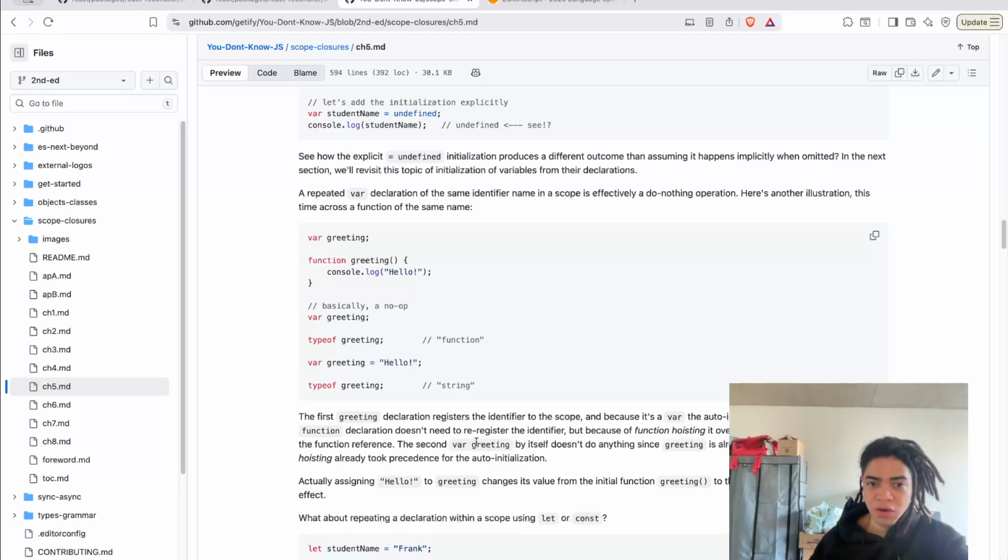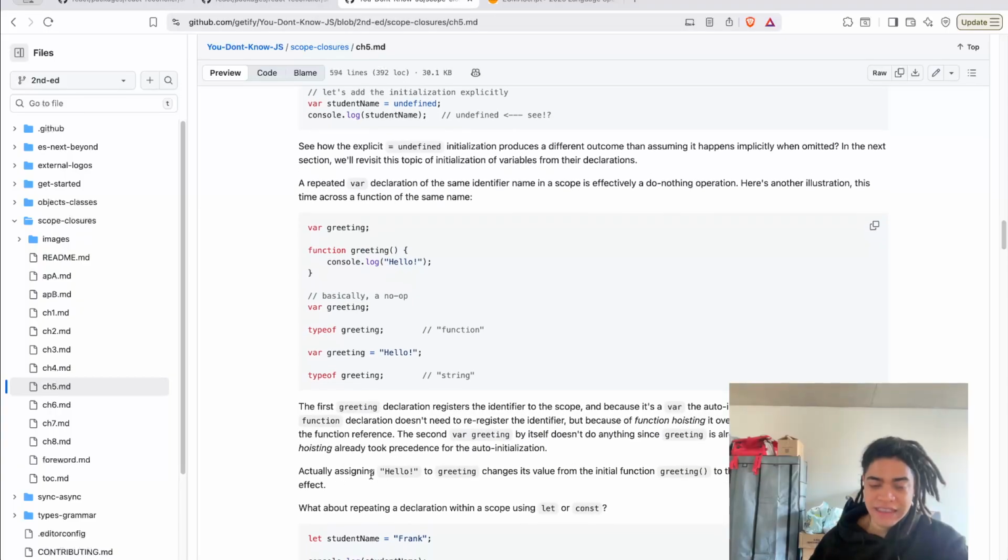The second var greeting by itself doesn't do anything since greeting is already an identifier and function hoisting already took precedence to auto initialize it. Actually, assigning hello to greeting changes its value from its initial function.